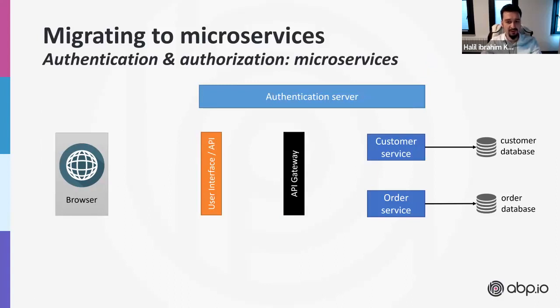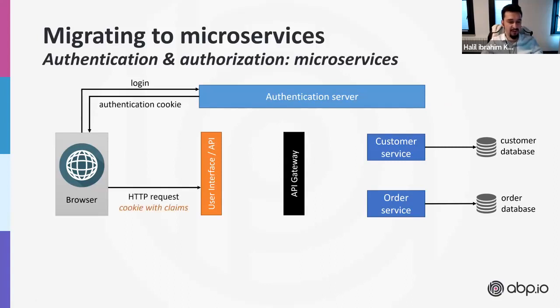When it comes to microservices, authentication will be changed. The first step can be login again. However, this time it will probably be a different authentication server application. When you have an authentication cookie, then you request with this cookie to the user interface application. Instead of a cookie, you can use a different kind of token-based authentication and so on, but it's not important at that point. In the user interface, you check authentication and maybe some kind of authorization and validate this token and